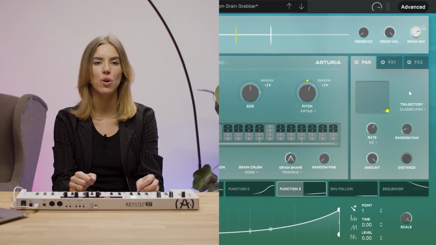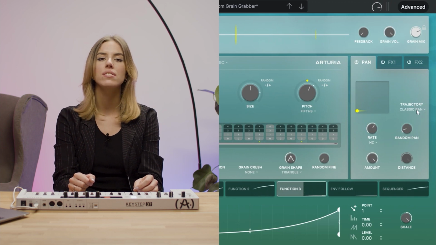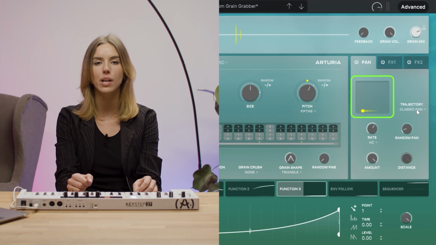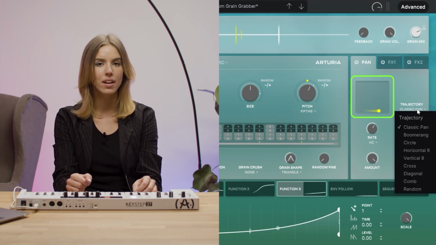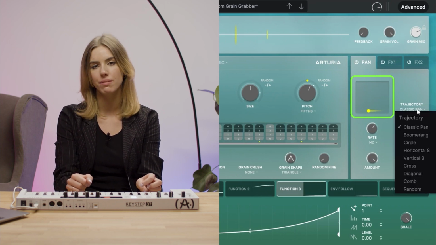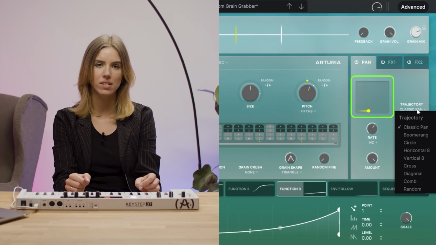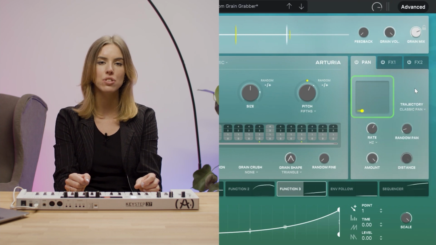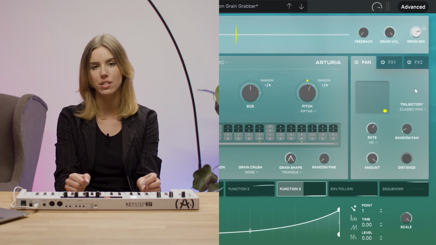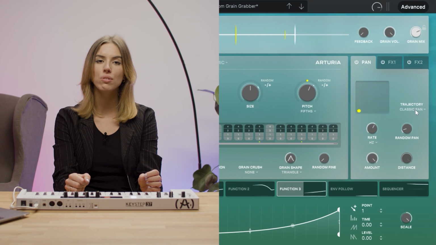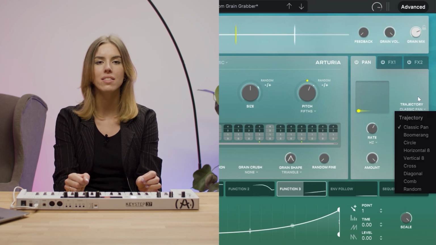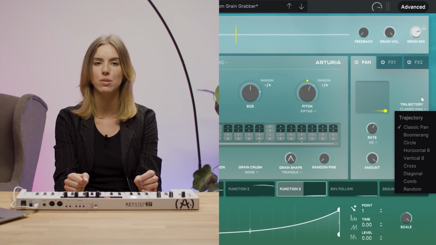In the basic view of the instrument, the effect offers a visualizer that shows the current position of the signal in 4 dimensions, left and right, as well as far and near. The spatial effect of the signal being further or closer is achieved by using a combination of volume and filter manipulations. The panel also offers 9 trajectory presets, which impact the way that the signal moves across the stereo field.